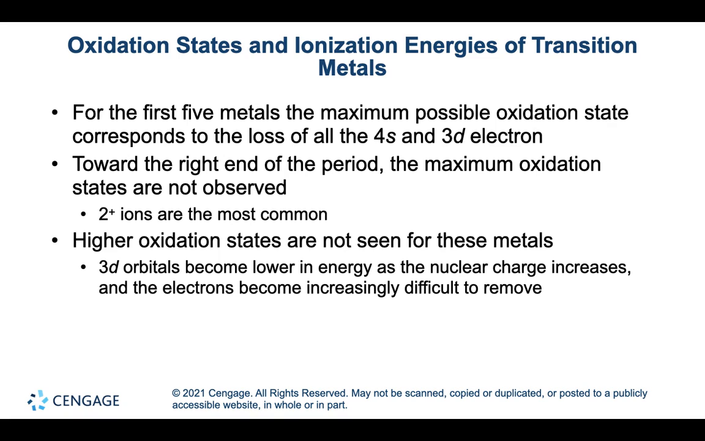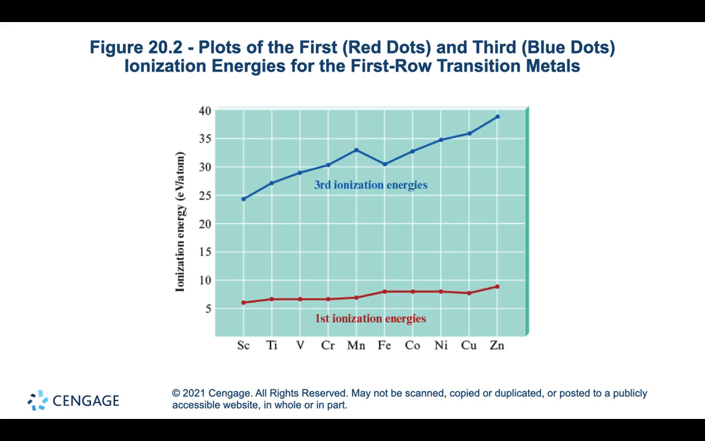Typically as you get to the right of the middle of the d block, you don't see losing electrons from the 3d as much. So you don't see higher oxidation states than just +2. What you see here is the first ionization energy for scandium through zinc, which is fairly consistent compared to the third. For the third ionization energy, in other words, the 3d electrons you lose after you lose the 4s,